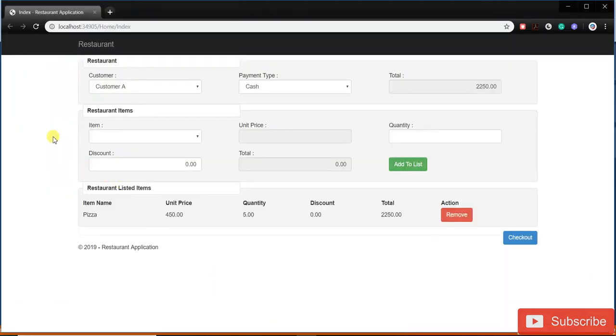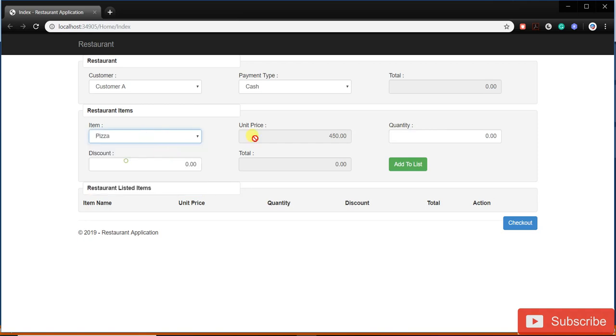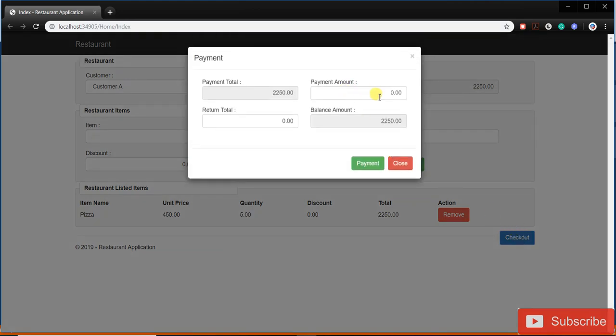Just save and reload. Select the pizza 5, add to list, checkout. See, now it's disabled. Once I add 2750, you can see this one is enabled. If I write 6,000, if negative, then 0. Whatever the value, only if it is 0, then